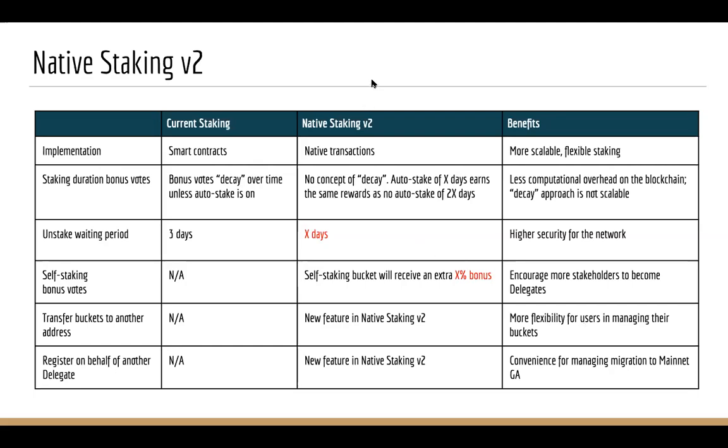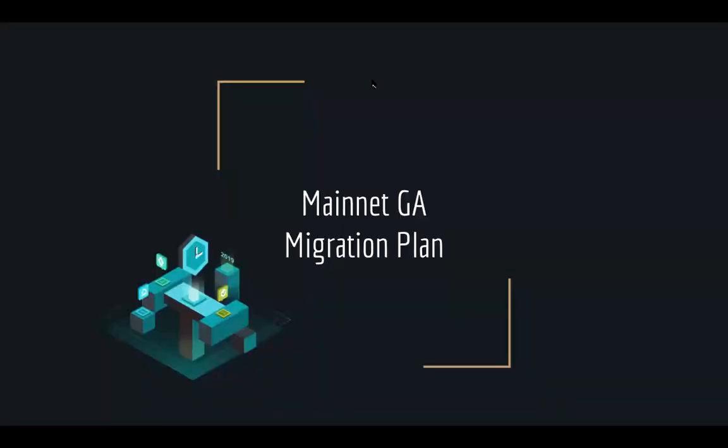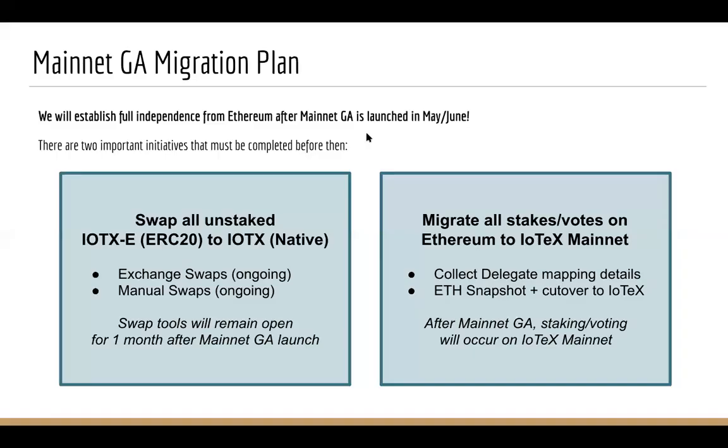So yeah, in the interest of time, I'm going to jump into this Mainnet GA migration plan. There are some things that all delegates should know, around the information that we'll be collecting over the next month, and how we're going to apply that to ultimately cut over all the activities to fully native mainnet. Basically, there are two big things, as I mentioned, that need to happen before we establish our full independence